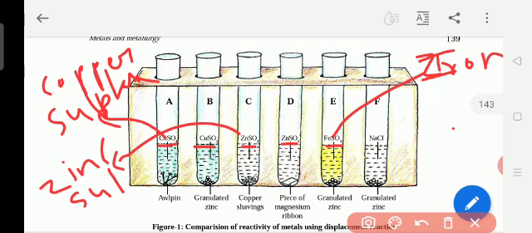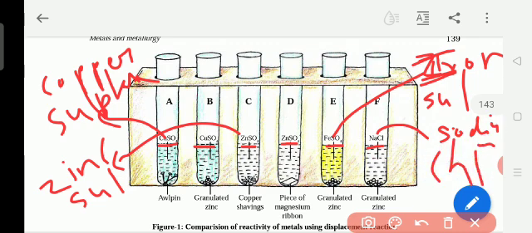So Fe means iron, SO4 means sulfate, iron sulfate. Na means sodium, sodium chloride. Okay, so see here in test tube A they have taken the solution